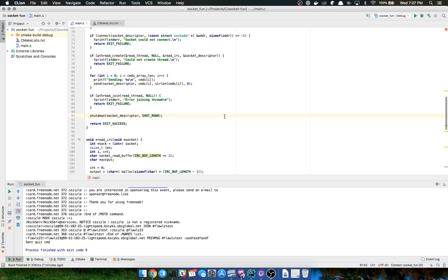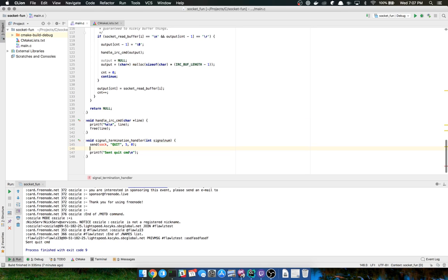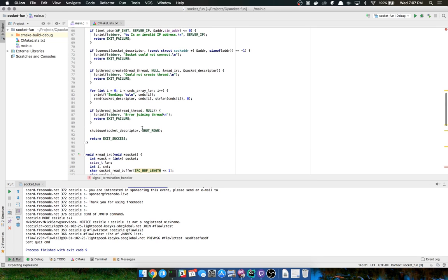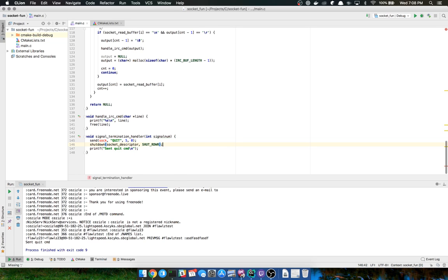But I also know that processes, since they're kind of sandboxed, will try to do the cleanup for me anyway. But just to be safe and for good practice, because why not, I'll go ahead and add the shutdown here. We'll add the socket descriptor, and then what was the thing? Shutdown RDWR. So I'll just do this right here. Cool. And then quickly rename that.